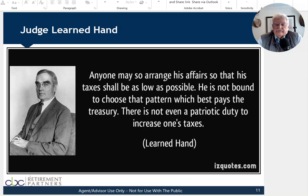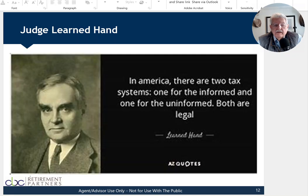And as my favorite judge says, you don't even have a patriotic duty to increase your taxes and pay the Treasury something you don't need to pay them. And his more famous quote: in America there are two tax systems, one for the informed and one for the uninformed, and both are legal. I'm about to talk to you about the uninformed and the informed